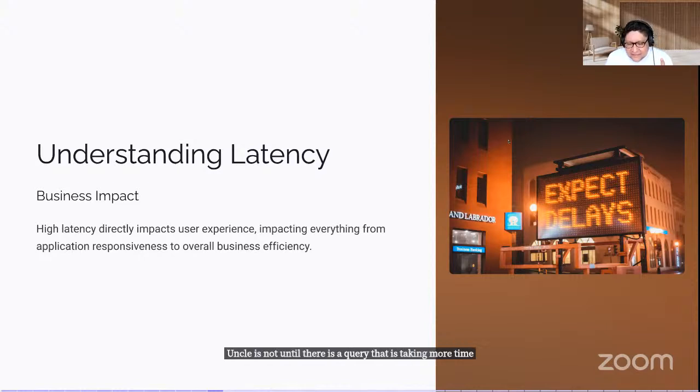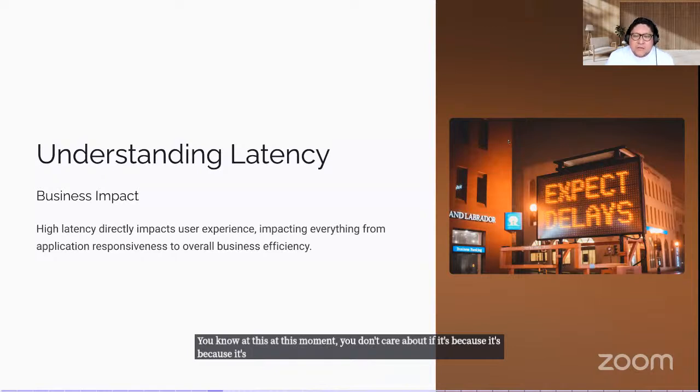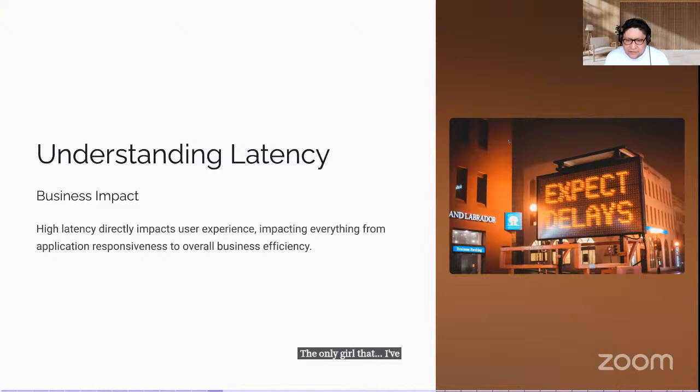And this is the important thing. At this moment you don't care if it's because of high concurrency, a problem in the query, a new query, or an index that was added or removed. You only care that queries are taking longer, right?